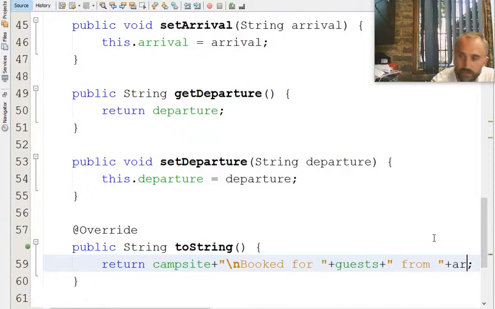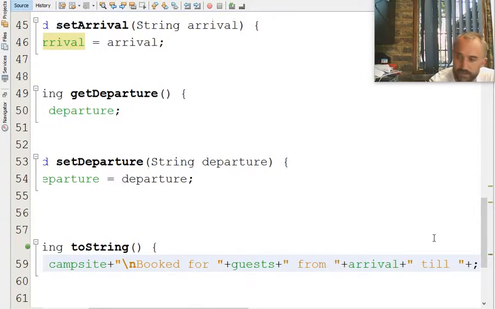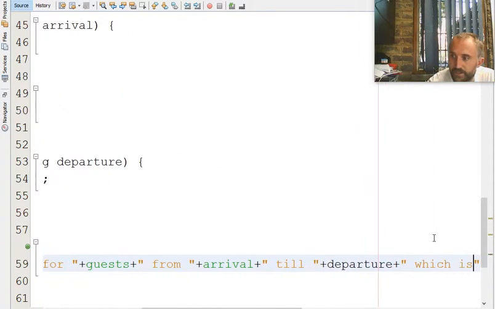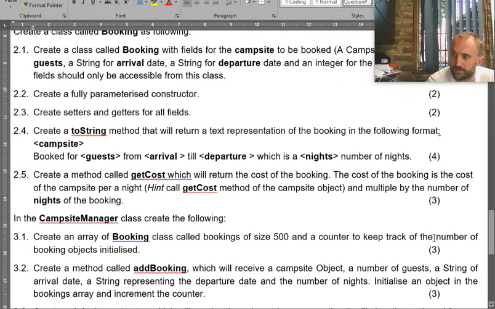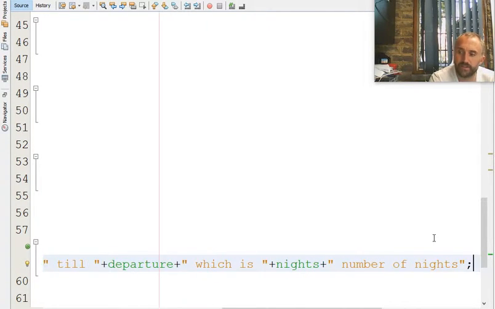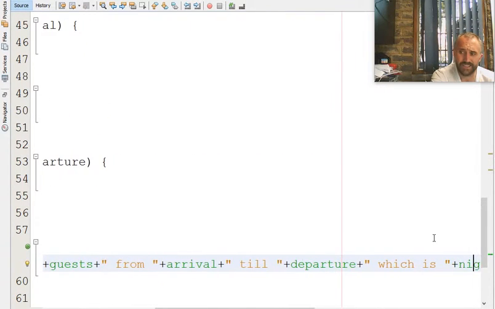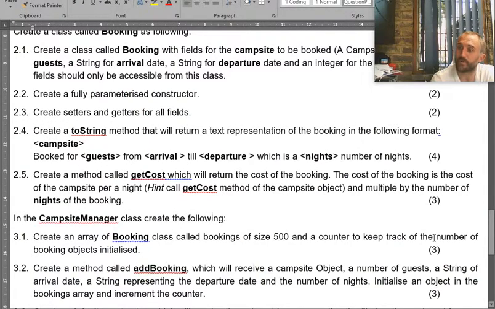from plus arrival, then it goes till plus departure, which is, interestingly enough, you would actually calculate that in a proper program. You would calculate it, but we're not there yet with regards to how we would determine how many days it is. Because it is a bit crazy. It will either be able to be stored as a date, or we would have to do some string manipulation to get the months, days, and all that kind of stuff, which we are not there yet. Alright,